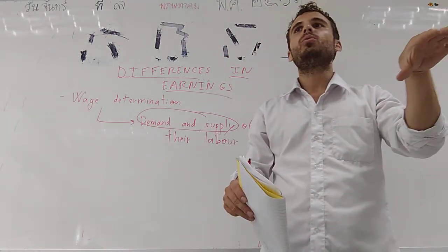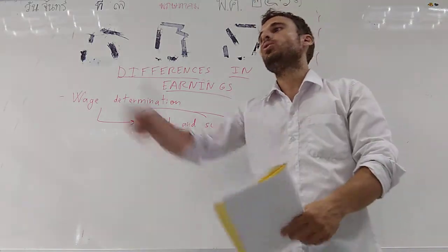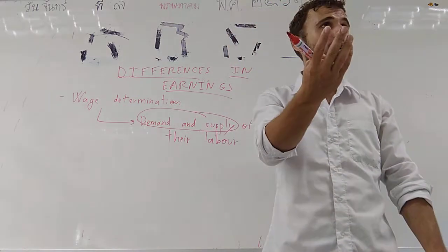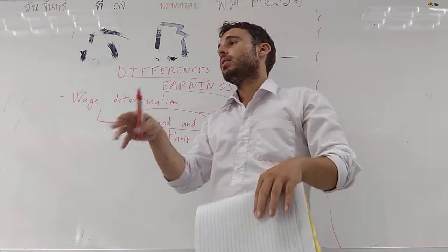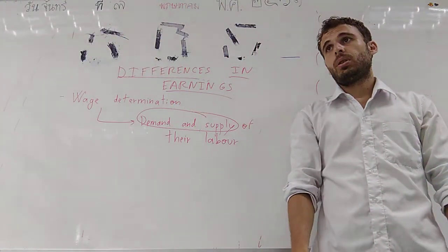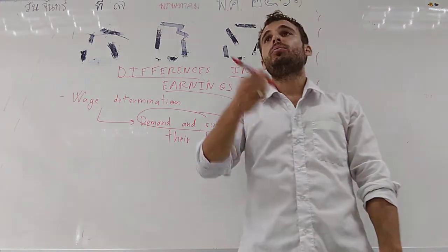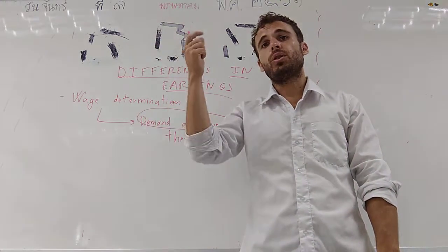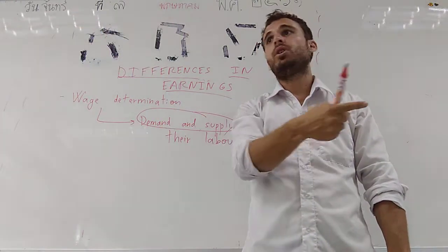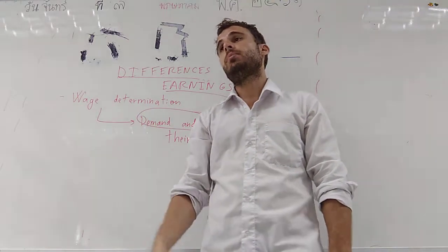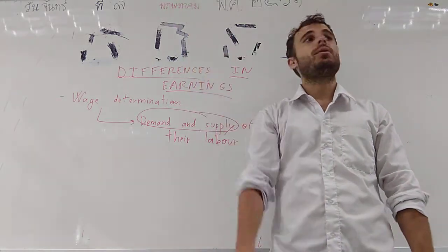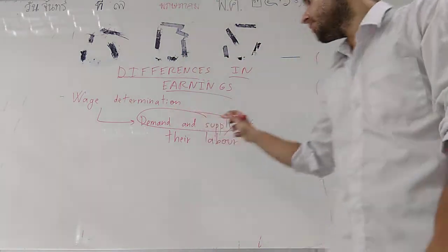Before, if you wanted to hire someone to build your website, you went to the neighbor. You knew 3 or 4 people who could build your website. Now you go to a website called Upwork, you put digital nomad, web designer, web programmer, and you have a list by country. So if I'm from America, instead of paying an American an American salary, which is higher, I go to the internet and I hire a guy in Bangladesh who does the same job for a tenth of the price. So of course the tendency is for salaries to go down, because there is more and more supply.